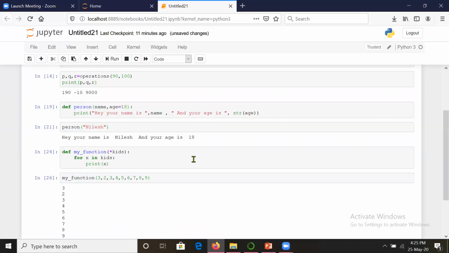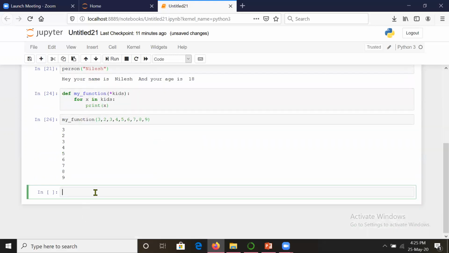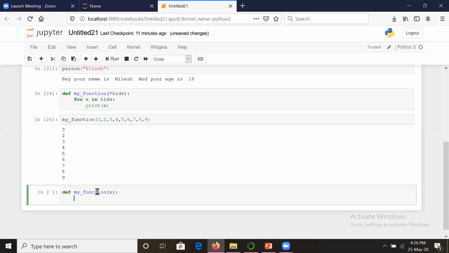Now let us write one function which will give us numbers multiplied that many times. That means suppose you are sending some numbers, and the function will multiply all those numbers with some fixed number. Suppose I write a definition my function, and let us say that you are getting one argument x, and you are returning 10 into x.